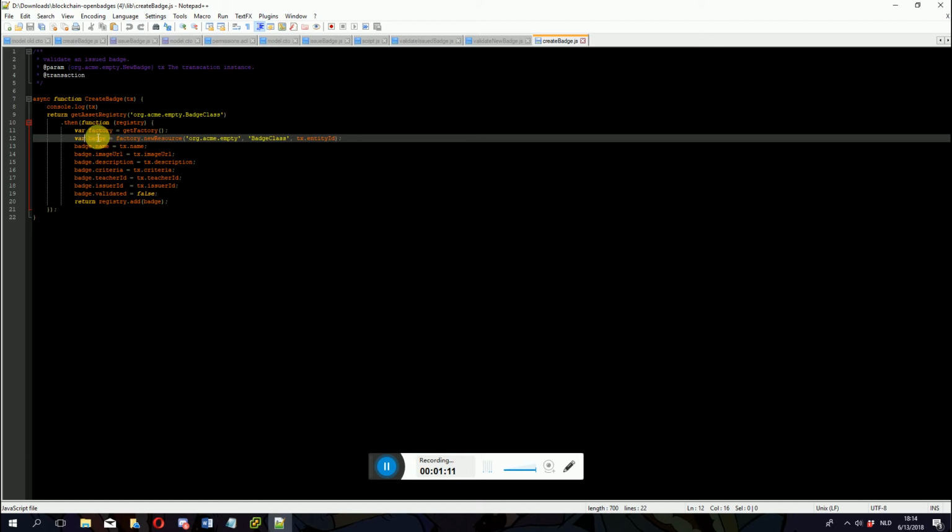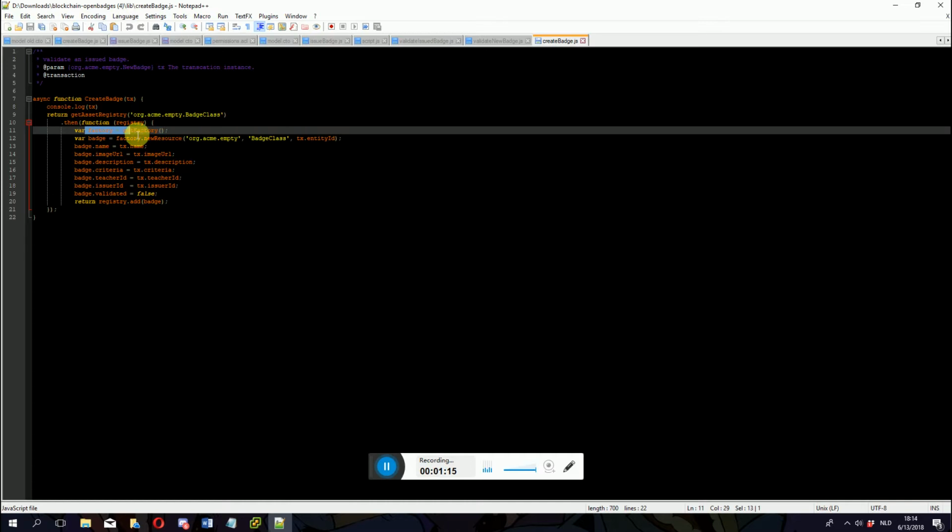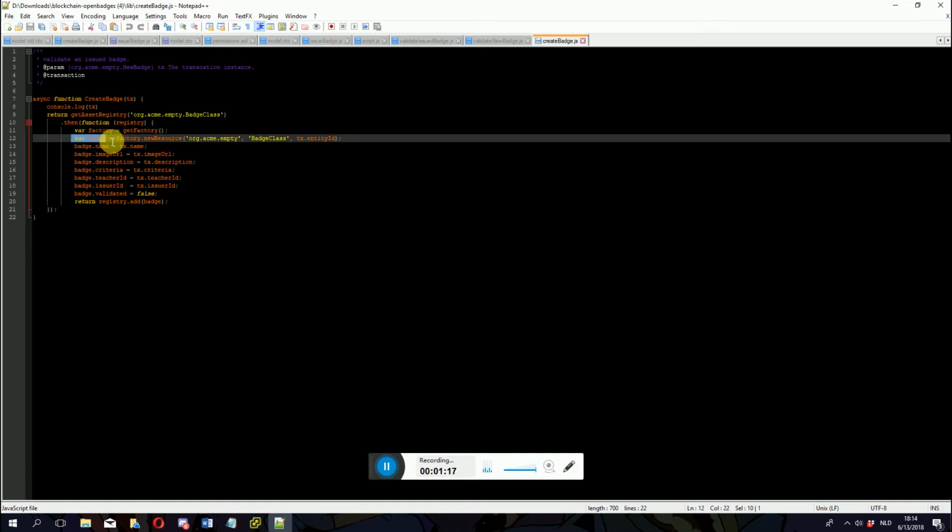so the way you create assets in Hyperledger is that you use a factory. After that we call batch, it's a variable, and after that you use your factory new resource. You say, okay, where is it, in what space, and you say batch class, so the blockchain actually knows that it needs to use batch class, and after that you give the identity that was sent in from the front